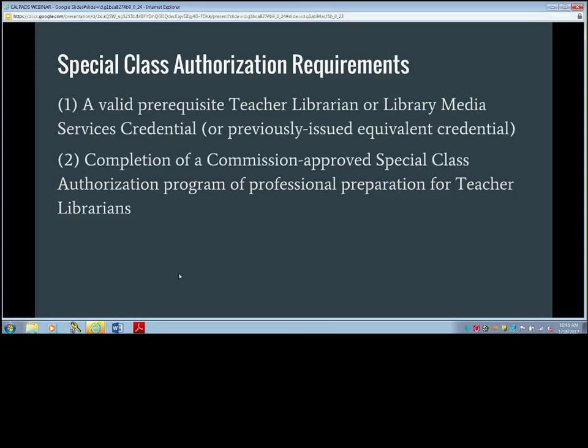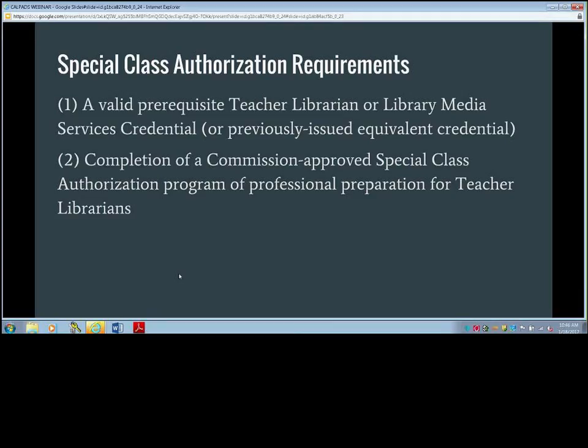They are considered classified positions at that point. Correct, Renee? Or it could be a regular teacher. Right. But they would not submit an assignment for teacher librarian. Correct. They could be a teacher who's being paid as a teacher to work in the library, but they would not report them as a teacher librarian.